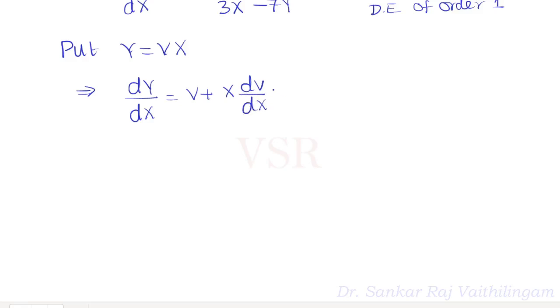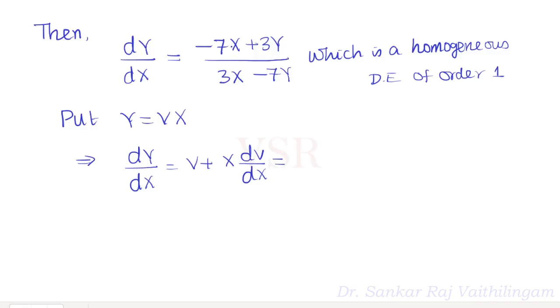In place of dy by dx, we substitute here: minus 7x plus 3 times vx, divided by 3x minus 7 times vx. So the x cancels everywhere, and the output we have is minus 7 plus 3v